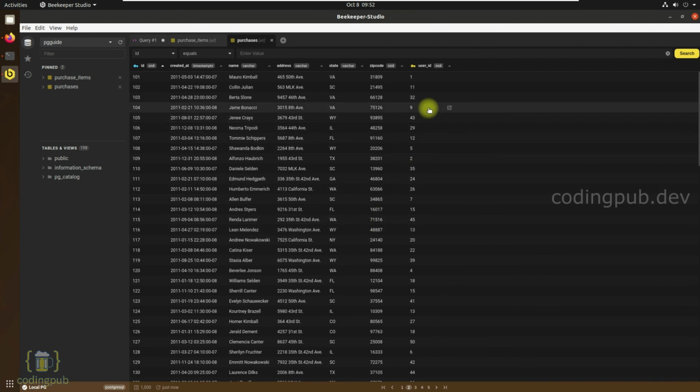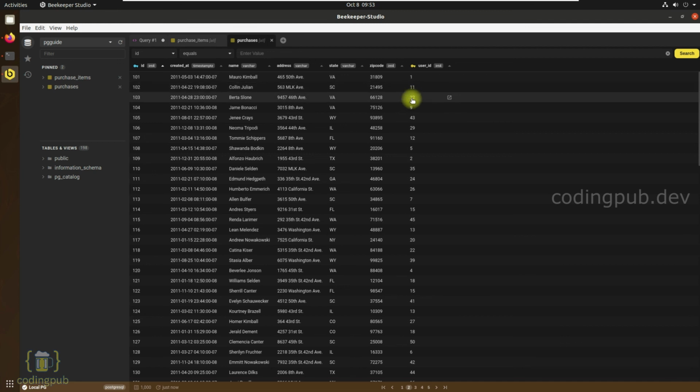As I said earlier, the user ID field here is a foreign key, and we have a cool option which can be used to view the related record for a foreign key field. If you hover over a foreign key field, you will be able to see an icon next to the foreign key ID, and if you click on the icon, you will be able to see the linked foreign key entry.